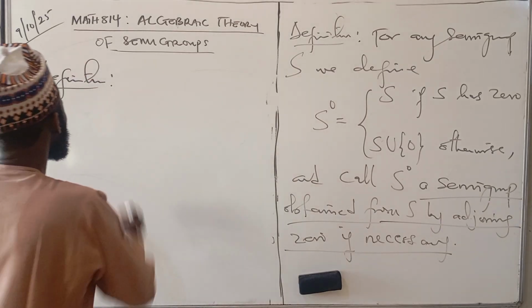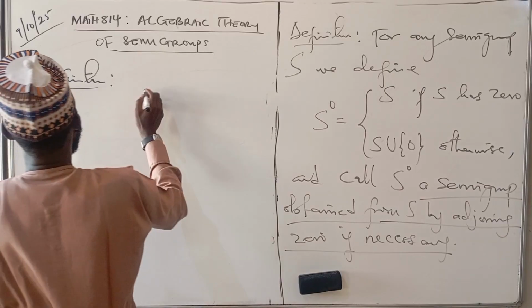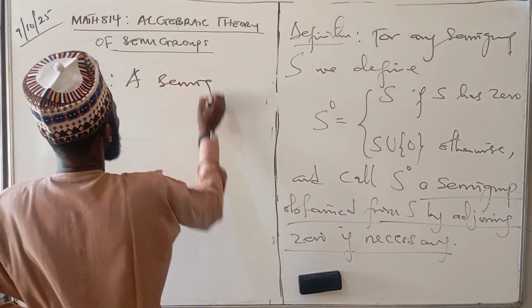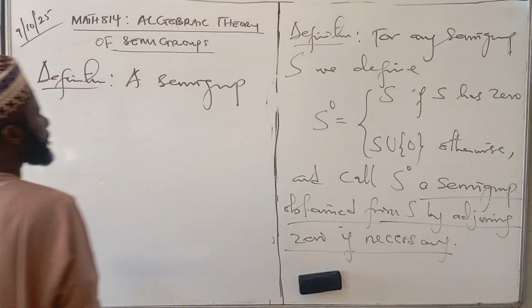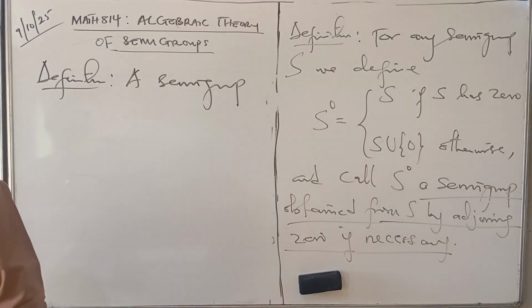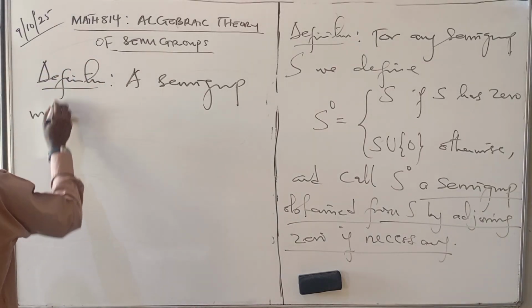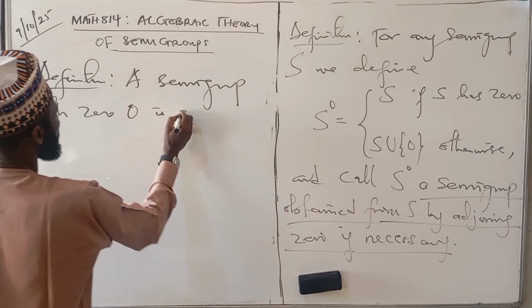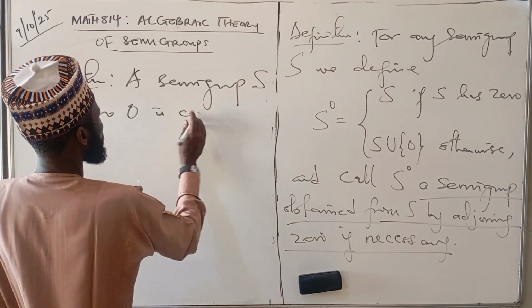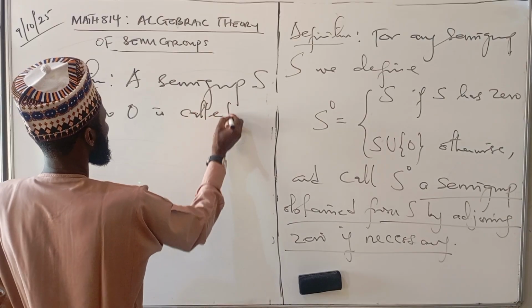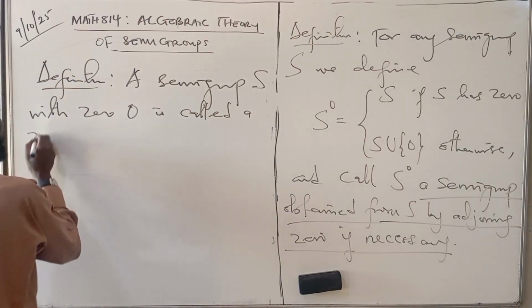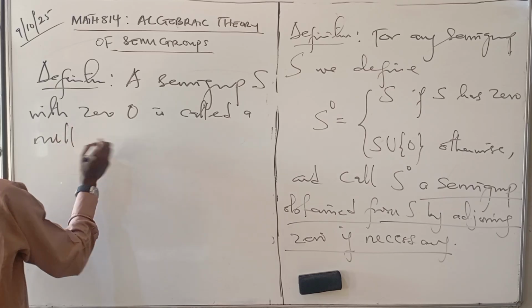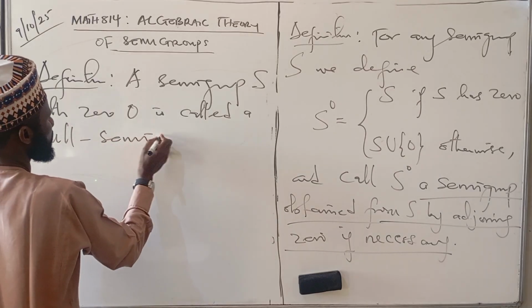A semigroup S with 0 is called a null semigroup